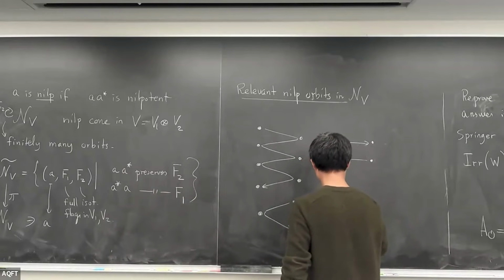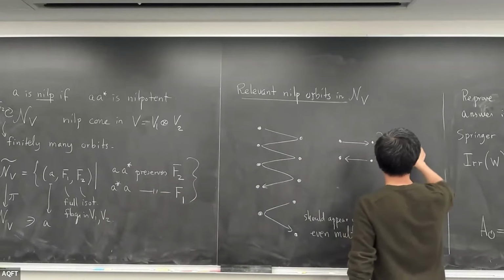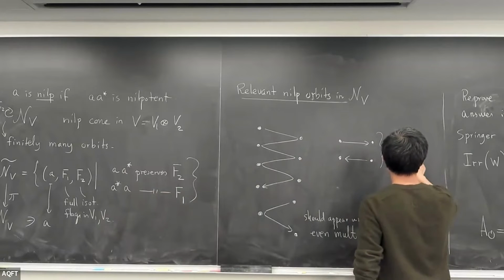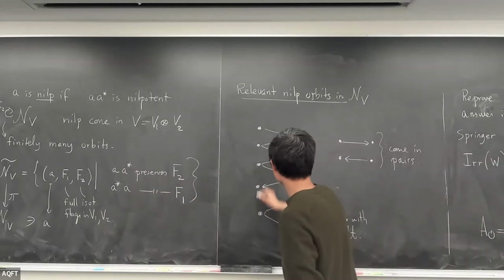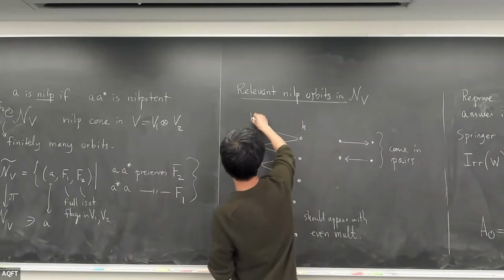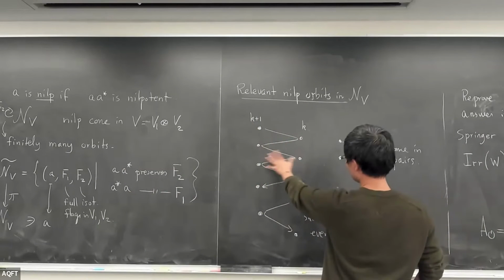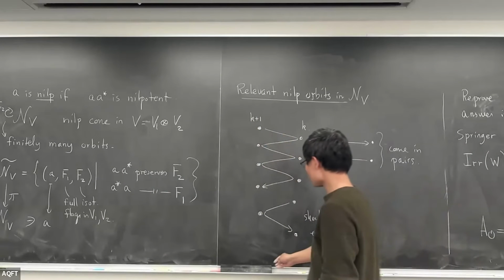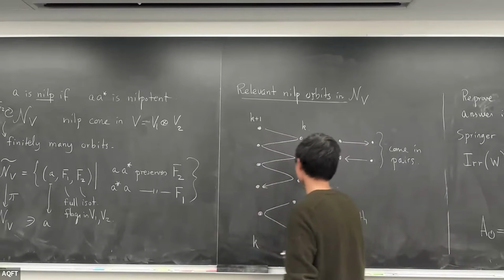Even multiplicity. This comes in pairs. Okay, so this is supposed to be more general. So you have, let's say, k dots here, k plus 1 dots here. That's one type of Jordan block. You can have as many as those. There's no parity requirement. Now, if you have k here and k,